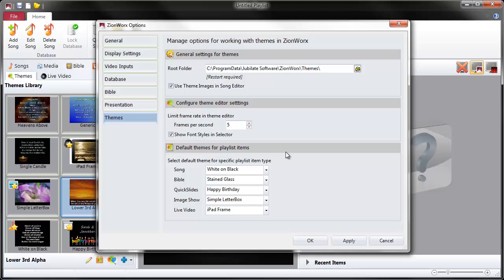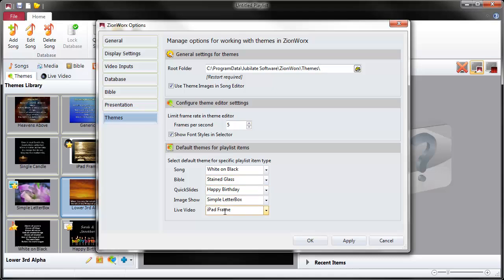And each of these different things, here they are in the list, can have a different default theme, which means that when you add a song, for example, into the playlist, it will have this default theme, which is currently white on black. When you create a Bible passage and drop that into the playlist, it will have the stained glass theme applied,